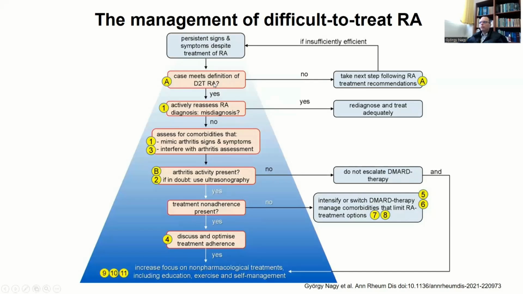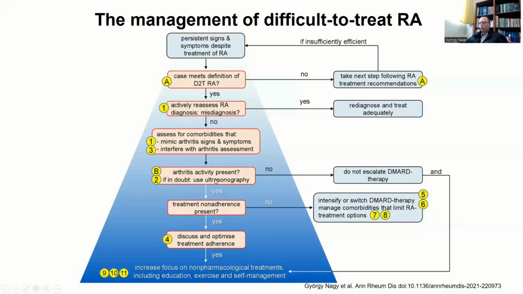But if the patient meets the definition of difficult to treat disease, and here the letters indicate the overarching principles and the numbers indicate the actual points to consider, which we already mentioned, then we go step by step, because we would like to create really a clinical roadmap of what to do with these patients. So as I mentioned, actively reassess the diagnosis, and assess comorbidities which may mimic arthritis or interfere with arthritis assessment. In case it's needed, please use ultrasonography, and if the ultrasonography does not confirm inflammatory activity, do not escalate DMARD therapy, and may even consider tapering DMARD therapy, and always consider